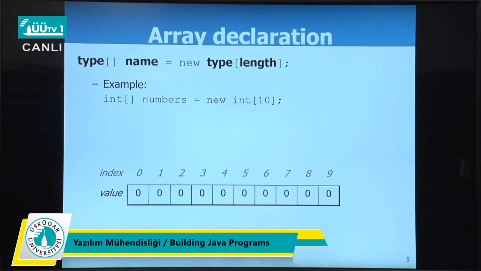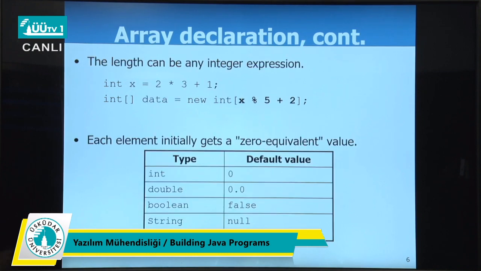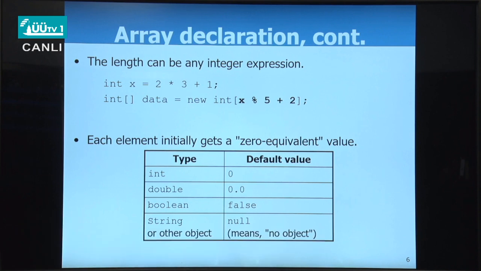10 different values. Okay, and right after you do your initialization, for integer type, your default value is 0. For double type, your default value is 0.0. For boolean, it's false. For strings, it's null. Okay, if in case you don't know what a null is, this means empty or no object in case of